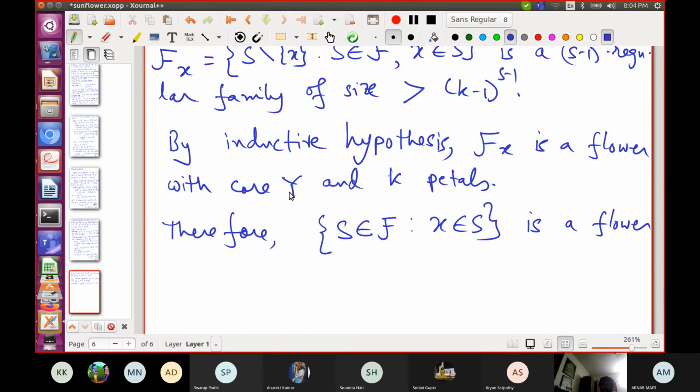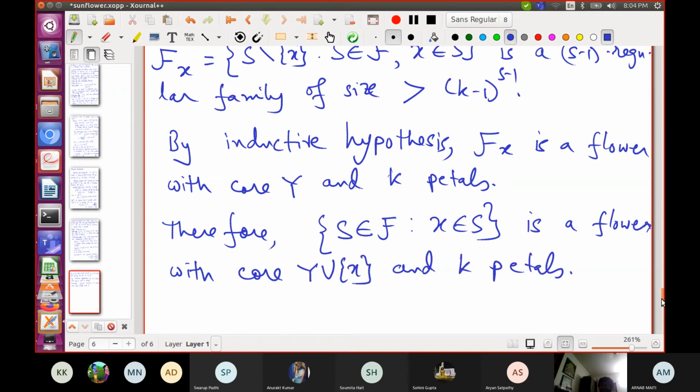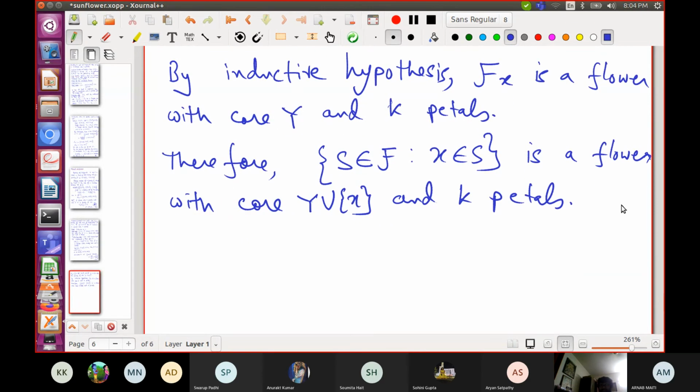If you add X to all the sets in a flower, it continues to be a flower where this new element goes inside the core, with core Y union X and k petals. All these sets are in F.